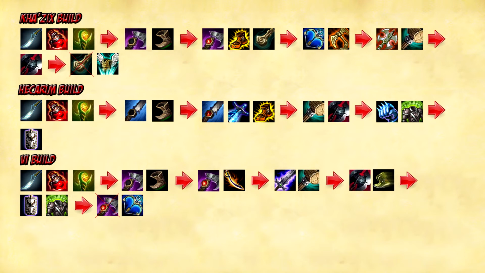I do it now. Then for Hecarim, I go Hunter's Machete, 2 health potions and a warding trinket. This, by the way, Hecarim is an optional build. This is a build if you want to get more tanky and stuff, because you're giving up Trinity Force for this build. And Trinity Force is still a lot more damage than this build will give you, because